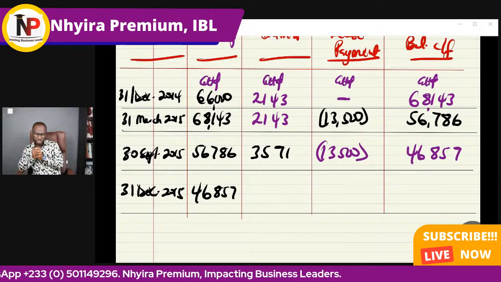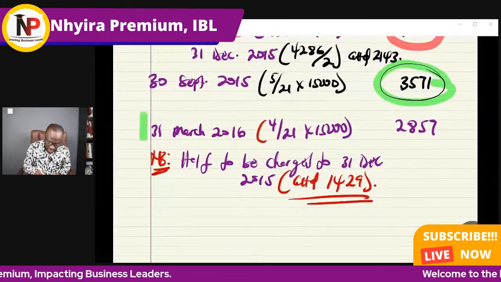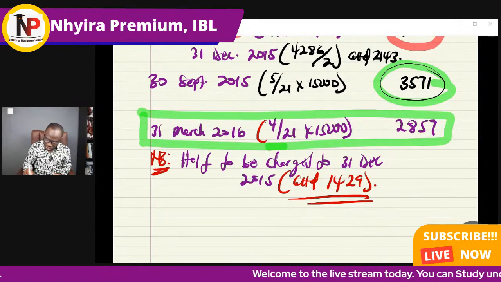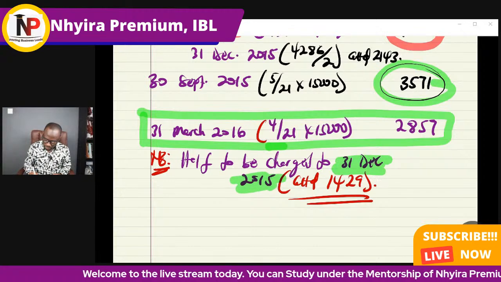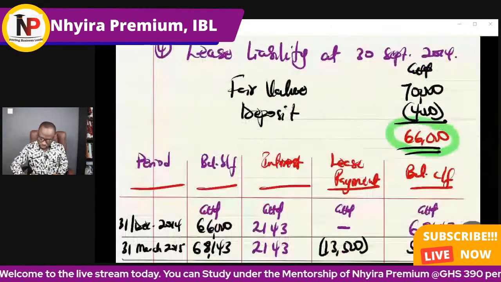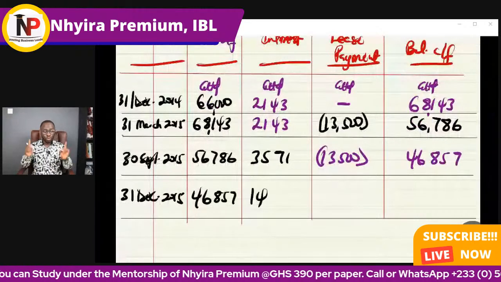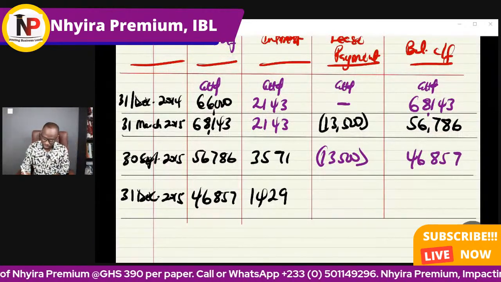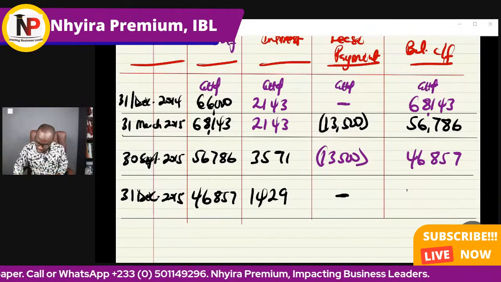46,857. Are we going to be charging any interest for that year? Yes. If you remember, I told you that half of the interest belonging to 31st March 2016 will have to be charged for the year ended 31st December 2015, which is the 1,429. Will we make any payment for the period? No, we will not make any payment. So that is going to be a dash in that case. We do the arithmetic, and that gives us